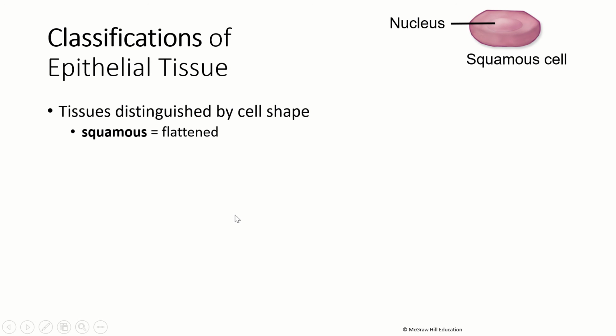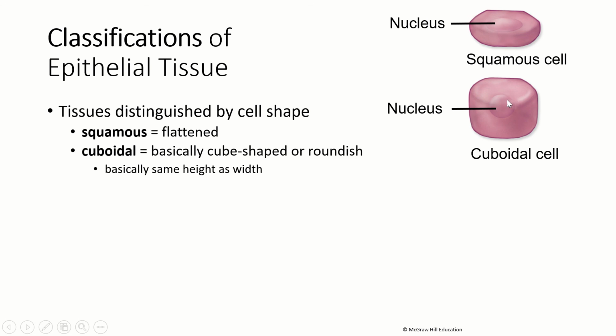So first is squamous or squamous cells. I like squamous because squamous cells are flat. So squamous is like squashed. So that works for me. It actually comes from the Greek word for fish scale. And I guess if you look at these from the top, it's kind of the shape of a fish scale. I don't know. I don't fish, and I'm not that familiar with fish scales, but it works for some people. Anyway, so if the apical and basal surfaces are wide and the lateral surfaces are short, then it's a